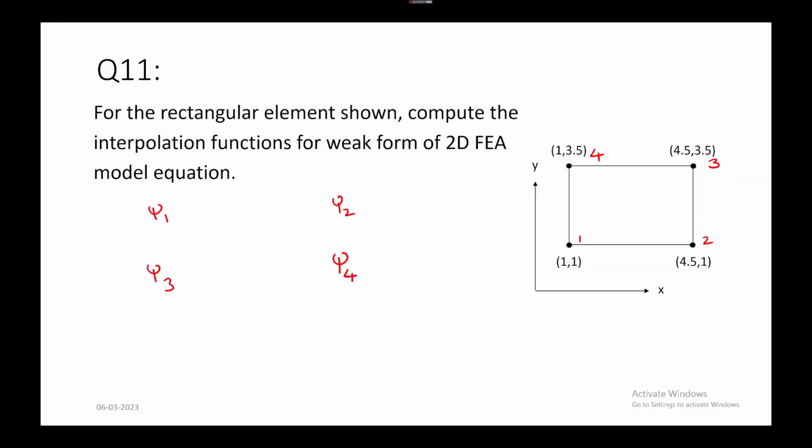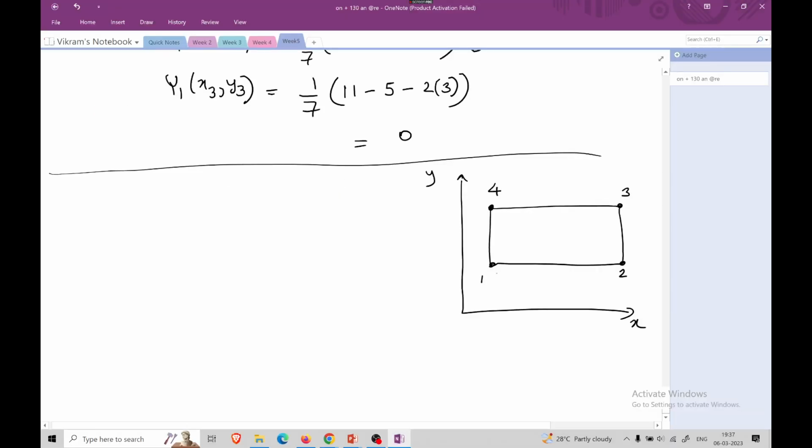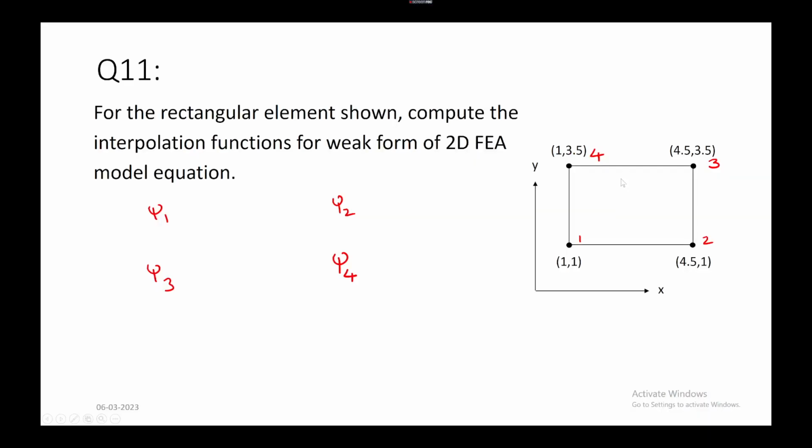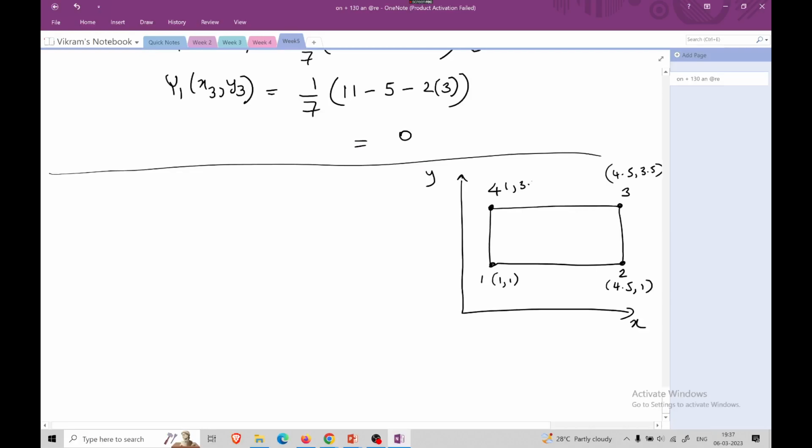This 1 comma 1, this 4.5 comma 1, this is 4.5 comma 3.5, and this is 1 comma 3.5. Okay, so this is my thing. So now for my rectangle, 4 noded rectangle,